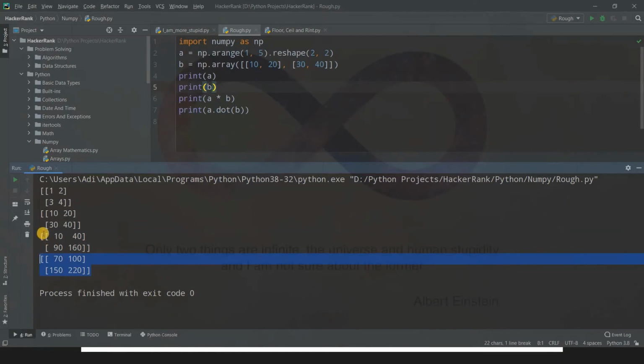So when I say matrix multiplication, see what happens. We use rows and columns. So this is the row and this is the column when we multiply first. So 1 into 10 is 10 plus 30 into 2 is 60. That is 10 plus 60 is going to be 70. Fine. Then again let us see, 1 into 20 is 20, 40 into 2 is 80. That is 20 plus 80 is going to be 100, and so on. We just multiply it likewise. So this is nothing but the matrix multiplication.